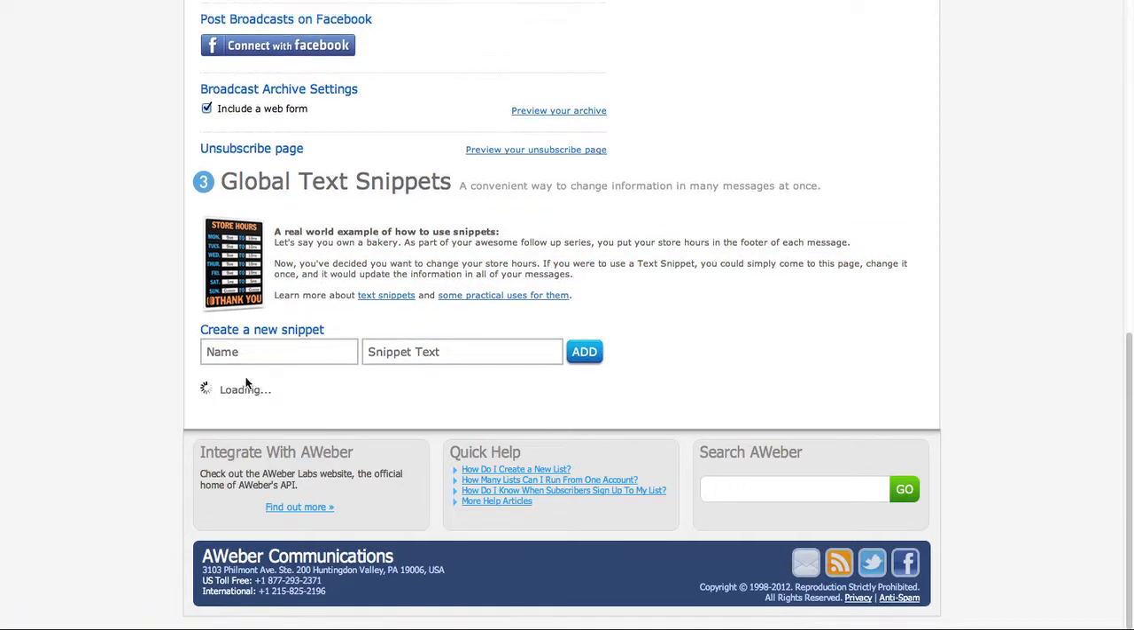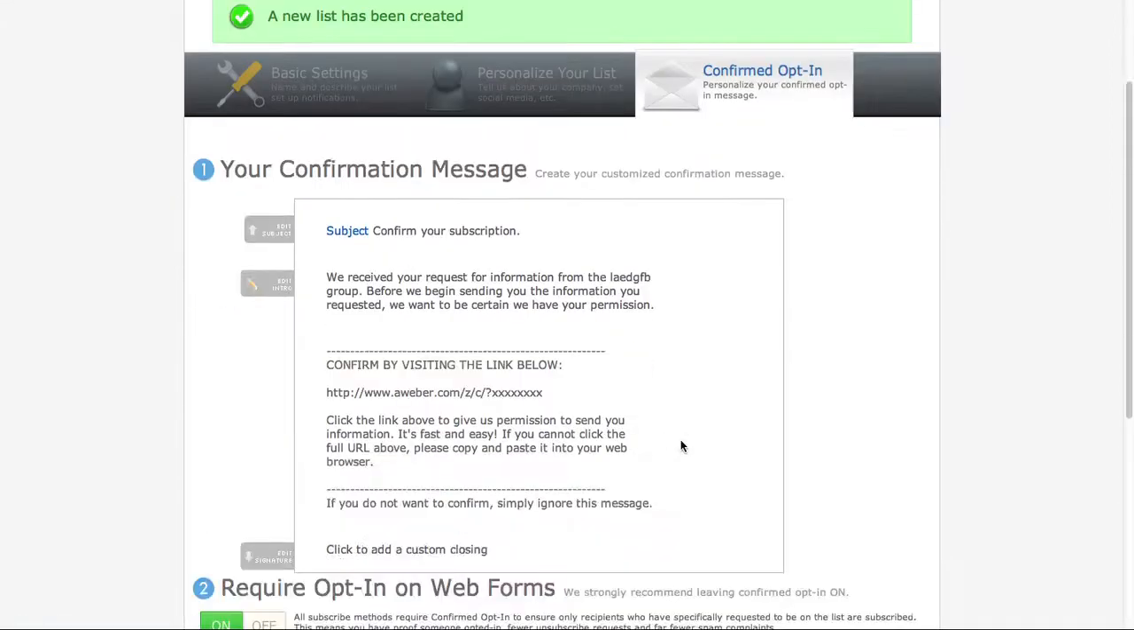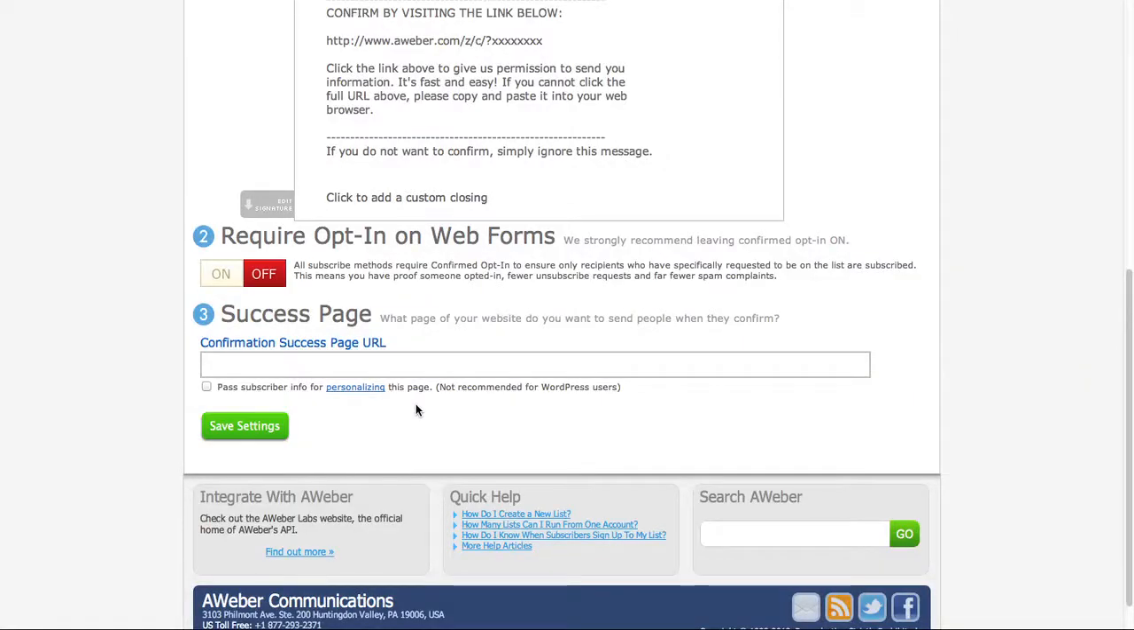So now I just simply save it up and go to the next part. Right here, I don't require a double opt-in form, so I want to turn that off. And the success page